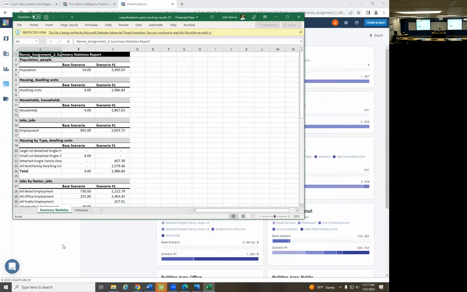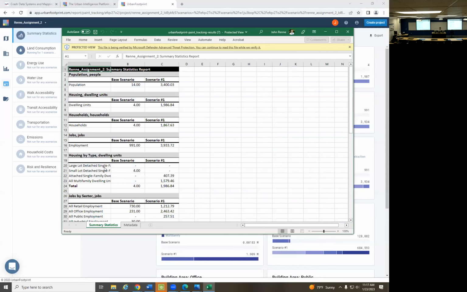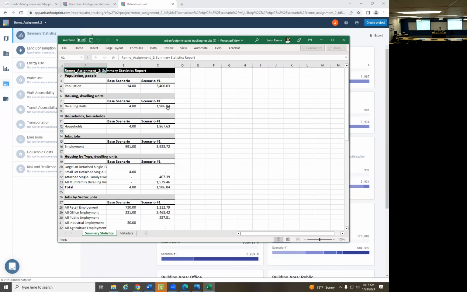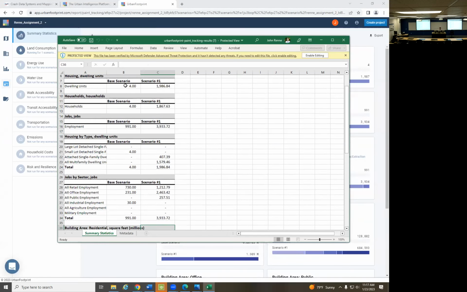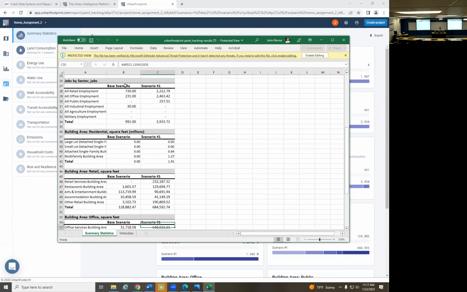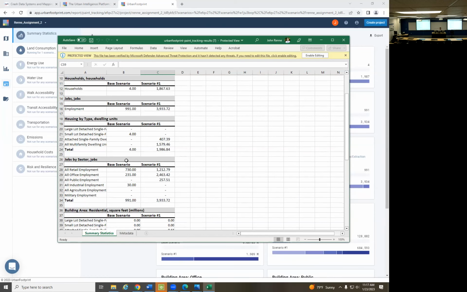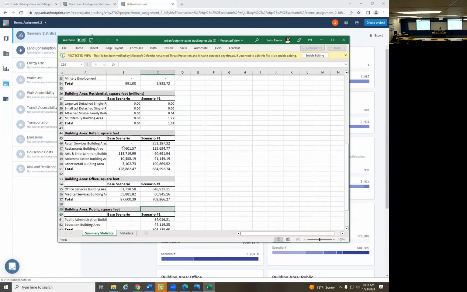This spreadsheet is really cool. It gives you way more information than what you see graphically here. And this is why I want you to get comfortable with downloading that spreadsheet, because not only does it give you all the same numerical data, but you can also very easily see here the building square footage, right? It's telling me that if I go with this scenario, the scenario is going to be creating